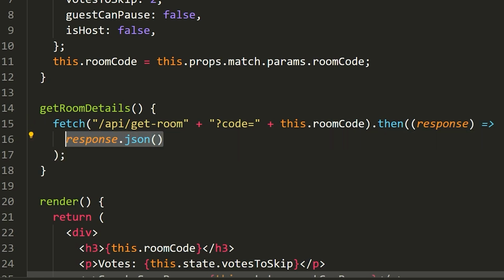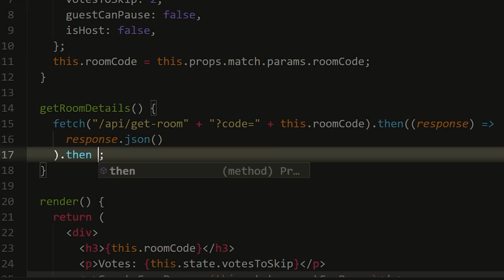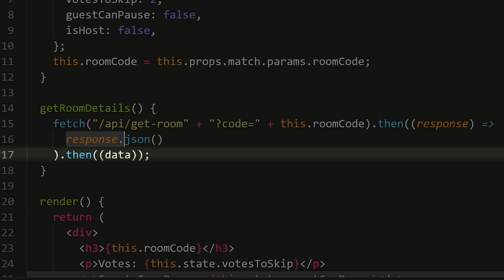It just assumes that whatever you write after the arrow, if you only write one thing and there's no squiggly brackets, that's what's going to be returned. So if I just write response.json without the return statement, it just assumes that's going to be returned. Then I can do another dot then. So I'm going to say dot then. I'm going to say data, so this will get the response.json, and that will then go to actually a full